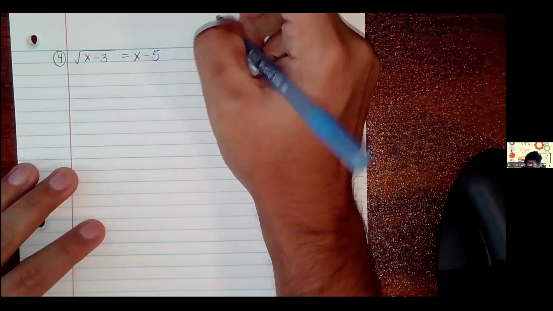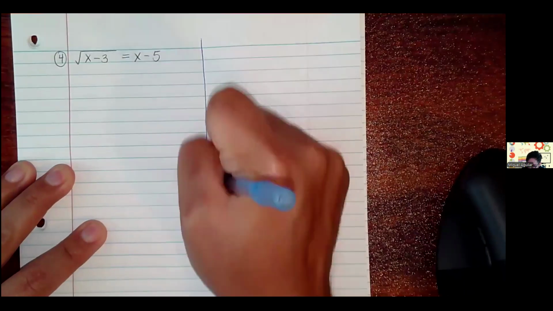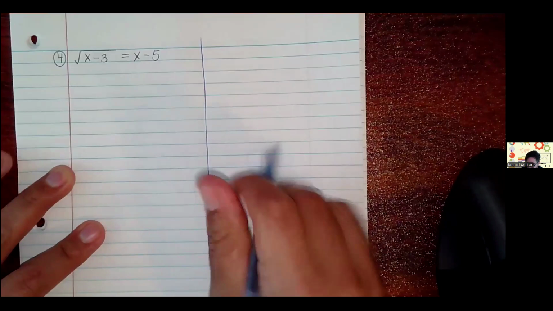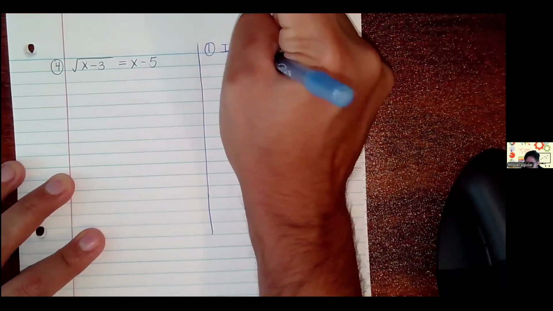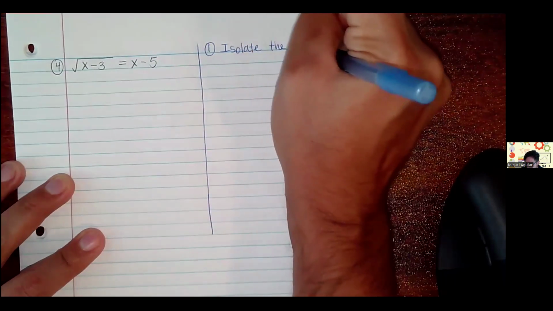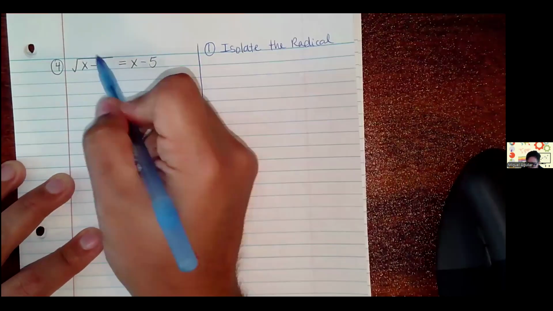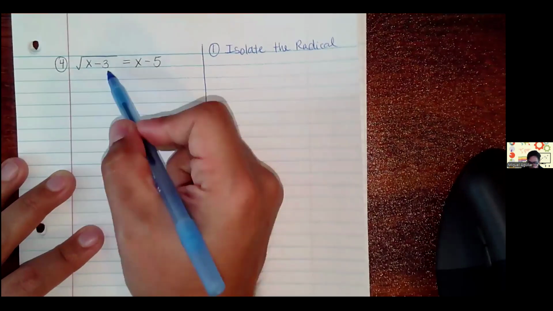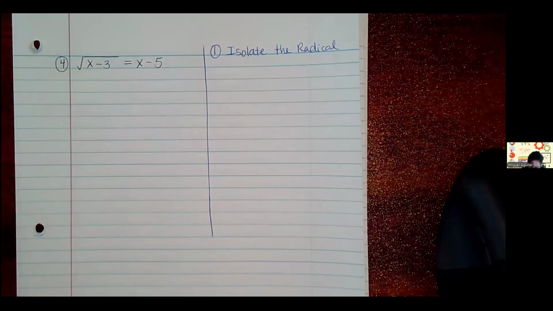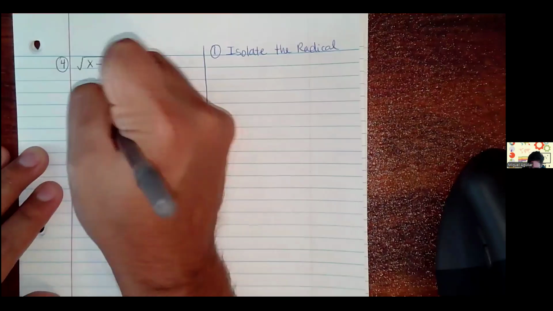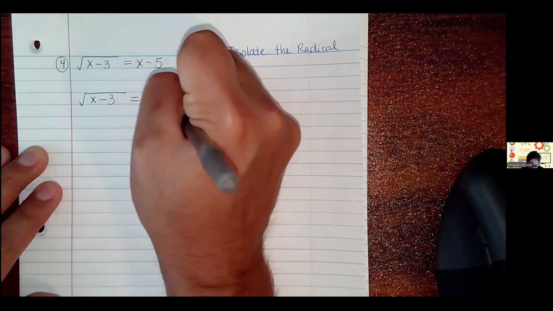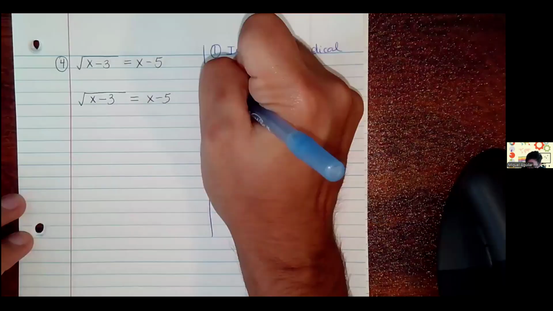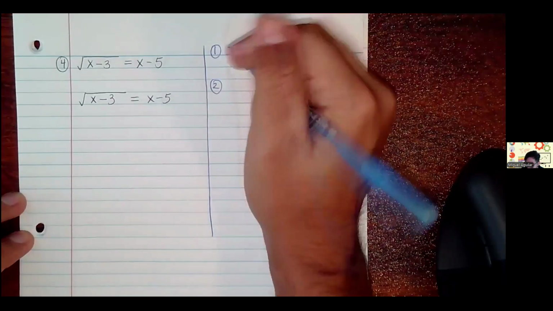So we're going to go through the same steps here. If you need a pause, just to give yourself a little bit of a break, I highly recommend taking as many breaks as you can afford. The first step is always to isolate the radical. So is this radical expression by itself? Well, sure enough, it is. So we'll just take the square root of x minus 3 equal to x minus 5. And now we'll just move on to step number 2, which is